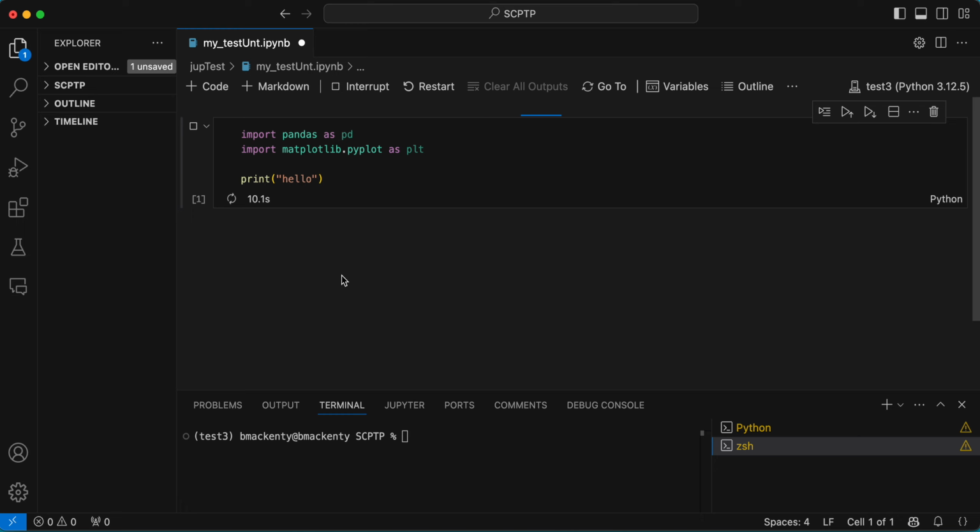So these are the basic steps that you want to take when you're doing Jupyter in the order that I just described them in. Okay, obviously, if you have any questions, feel free to ask. And I hope this video has